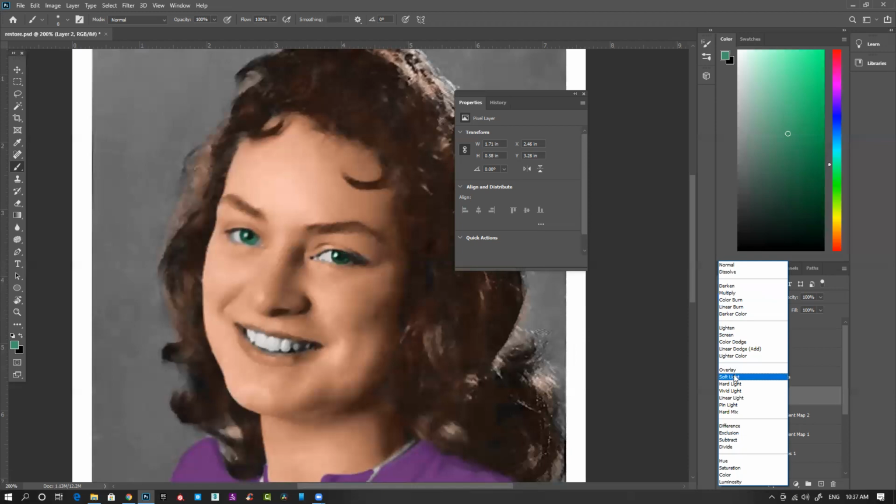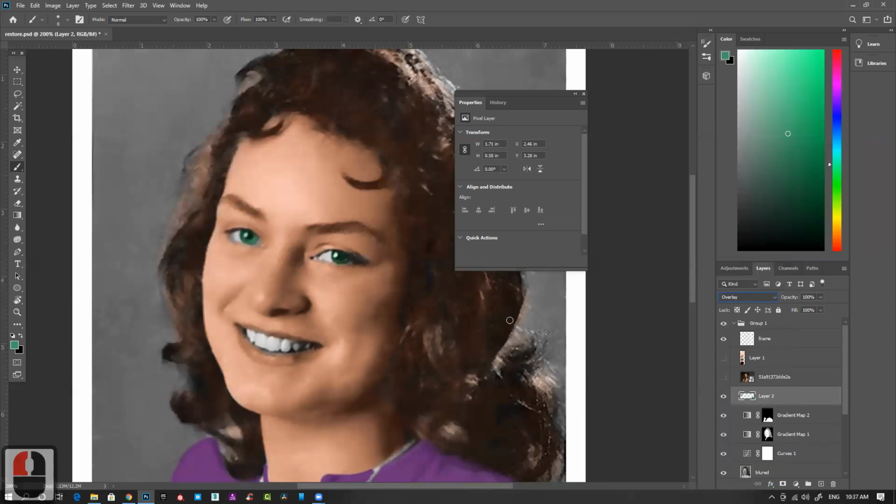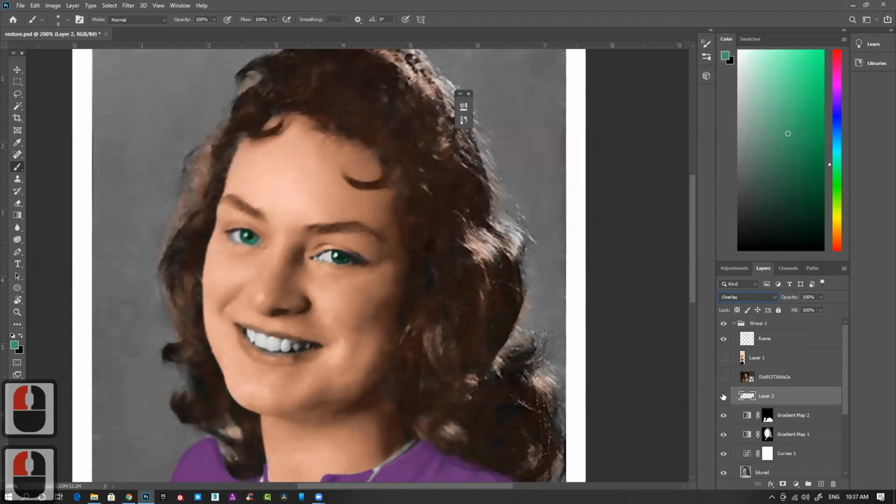You can use overlay, you can use soft light. There are so many options. You can scroll and change between them. The overlay looks quite nice. I can take the overlay and you can see instantly I got this green eye tint.